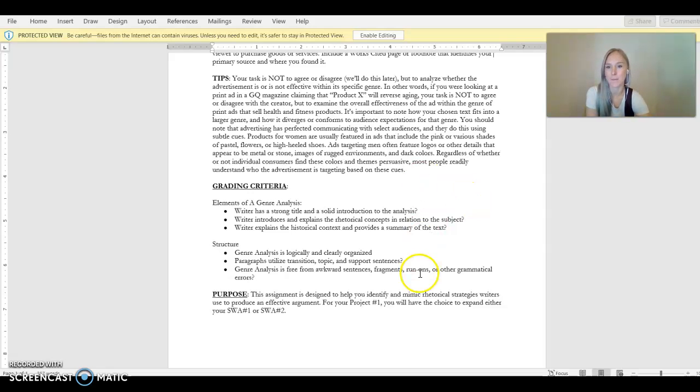Okay, and then here's some grading criteria. Try to have a strong title, have a solid introduction, basic stuff. When it says the writer introduces and explains the rhetorical concepts in relation to the subject, that basically means that, and we're going to go more into rhetorical concepts. I'm going to put another video right after this that explains rhetorical concepts, but basically I just want to have an idea that you understand as you're doing this analysis